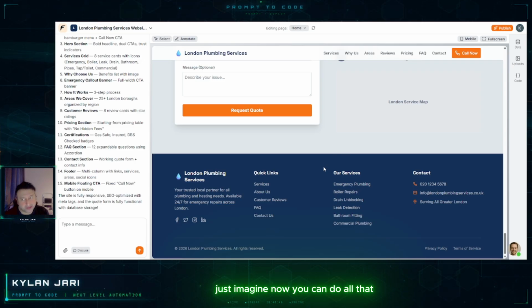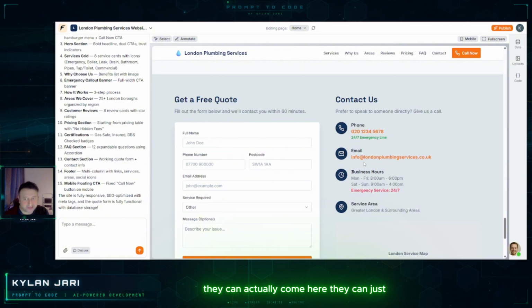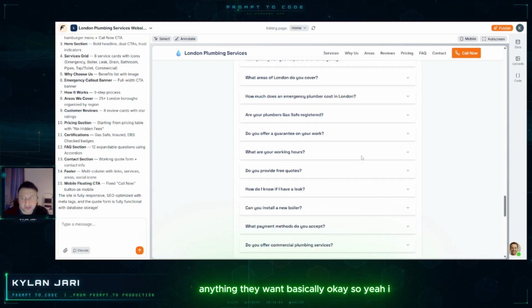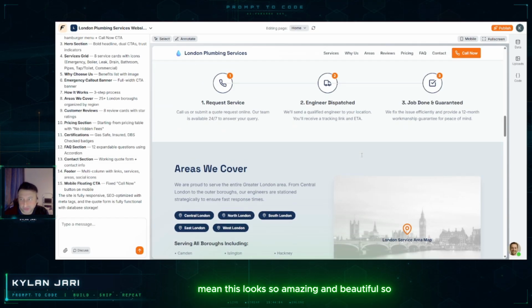Now you can do all that just with the help of a prompt. All these businesses can actually come here, chat with Flute, and build anything they want, basically. So yes, this looks so amazing and beautiful.